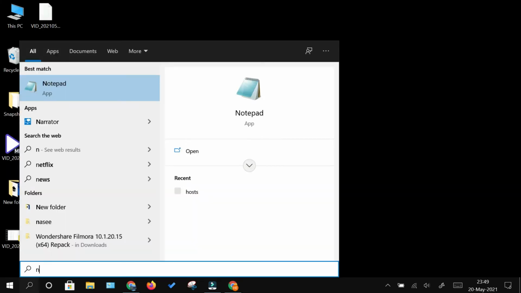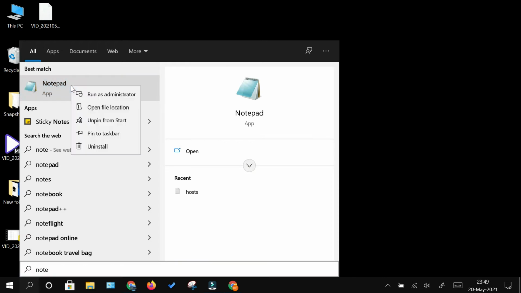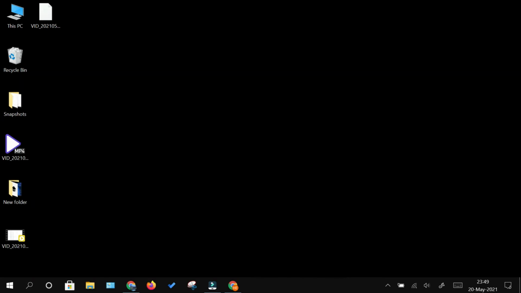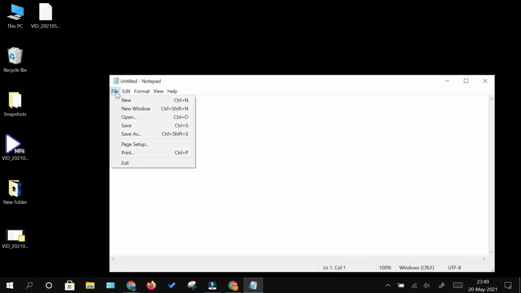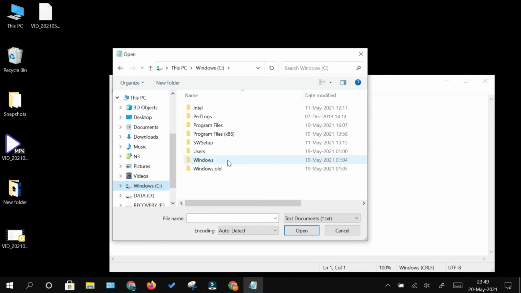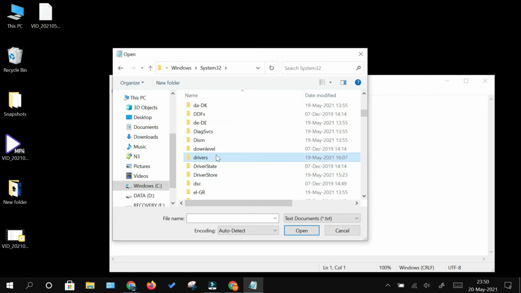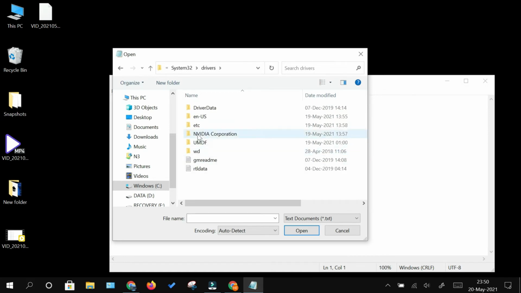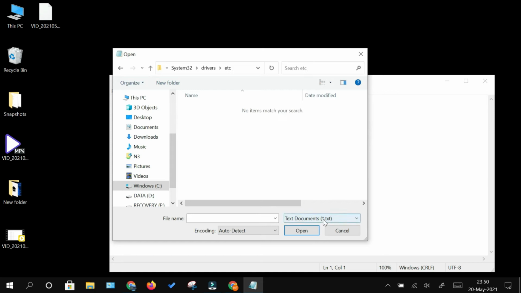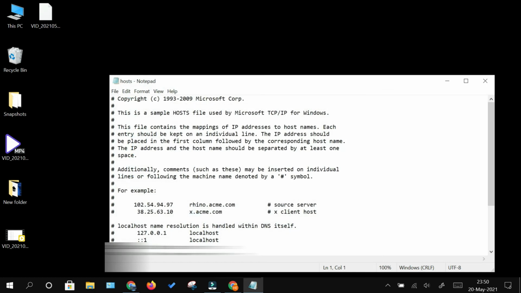Step 1, search for Notepad and right click on that and run as administrator. Open, click file, click open, click drive C. In drive C, click Windows. In Windows, click system32. In system32, open the drivers folder. Within that, open this etc folder and click show all files from here, and then click host and then open this in the notepad. This is the file where you need to feed in the address of a website where